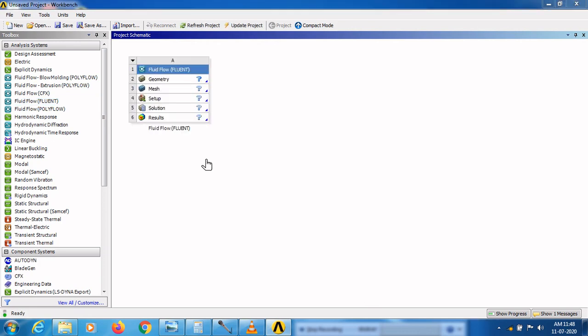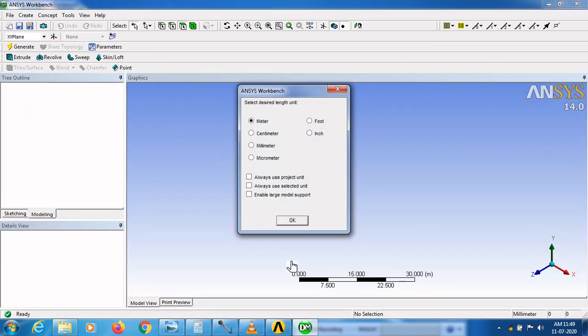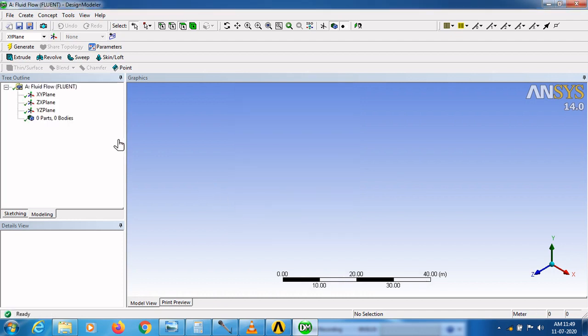In Fluid Flow Fluent, you have to open the geometry option for modeling the cyclone separator. Here you have to select meter unit and click OK. And go to look at face.